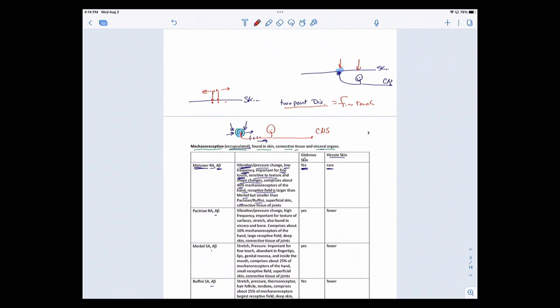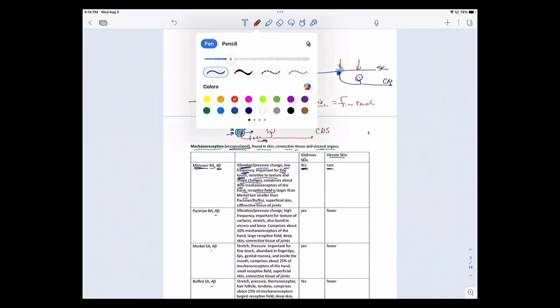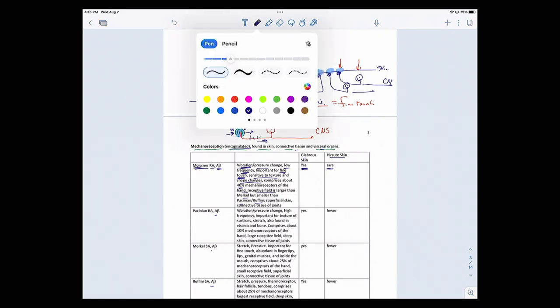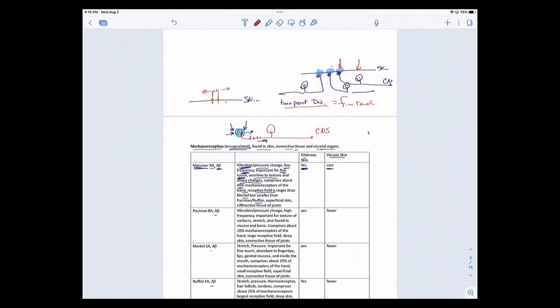So what that also means is that the smaller the receptive field, the better you're going to be at two-point discrimination. Imagine I have a series of these, and they all have really small receptor fields. So I've got one here, one here, and one here, with a receptor field here, here, and here. Now when I'm touching, I can say I'm touching here but not here, or here but not there. So you're going to have a sense of where you're being touched because you have all of these very small receptor fields.